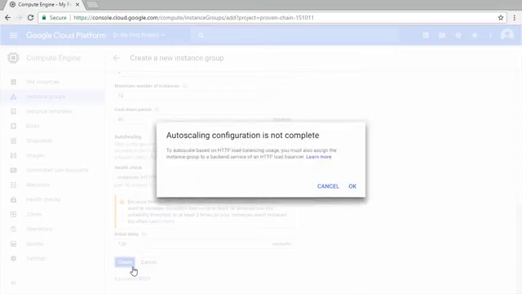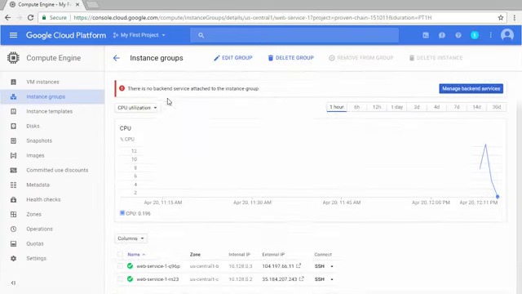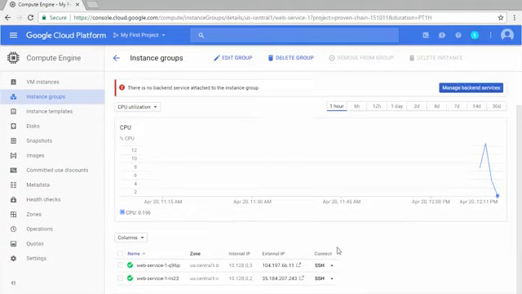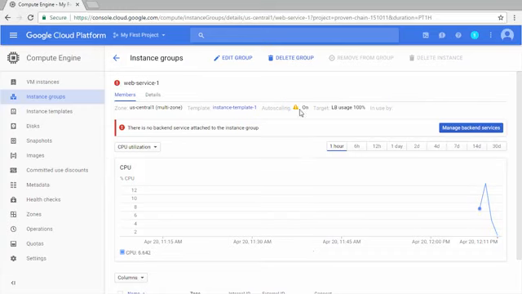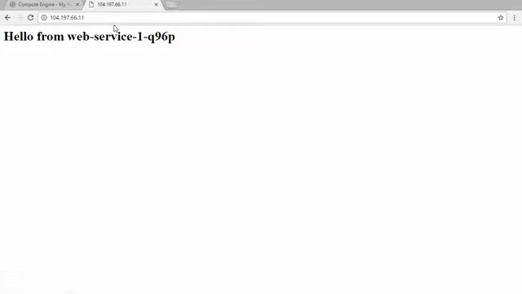Note, you'll get a warning letting you know that an instance group with scaling based on HTTP load balancing usage, like ours, requires you to associate the group with a backend to be useful. The group starts the minimum instances. You should see 2 instances in different zones. You'll get a warning and an error until you assign the group to a back-end service. Enter each instance's public IP address in your laptop's web browser to ensure they're working. You'll see something like the following, where the last 4 characters in each hostname are unique.